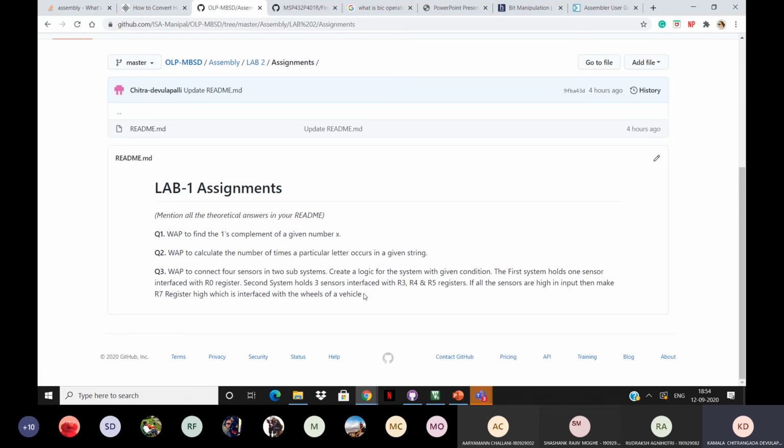I just need all of my 4 sensors to give me a high input, and that's when the vehicle moves. That's it. Very simple. You AND it with all ones. Yeah, correct. It's extremely simple, but this is how you practically use it when you're coding a line follower from scratch. So just to give you that idea, I included this question.